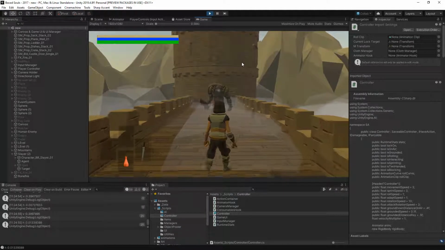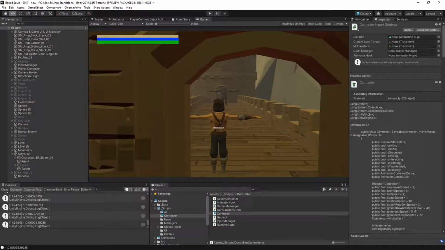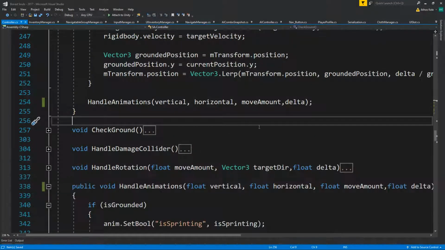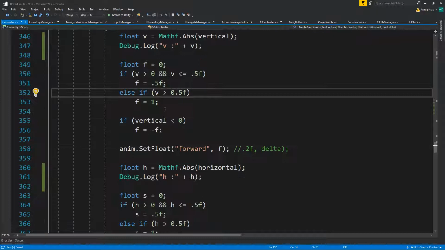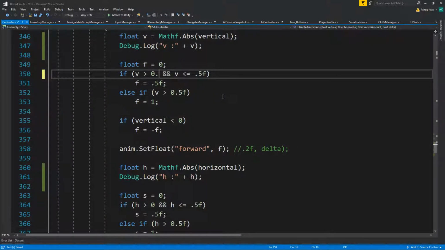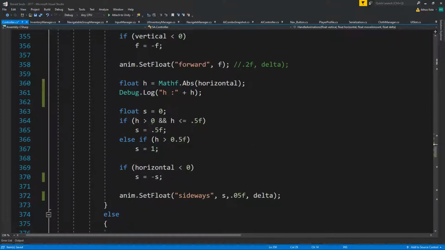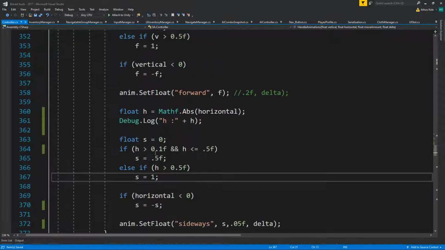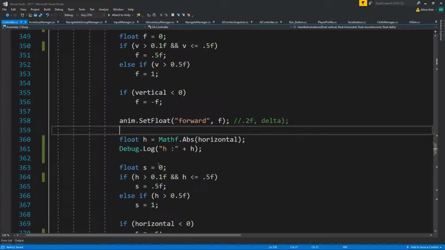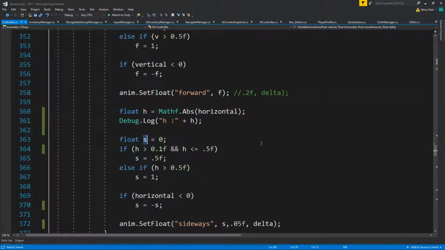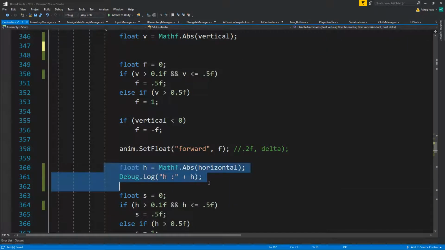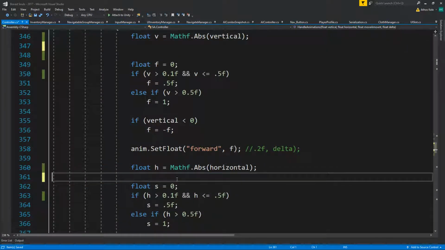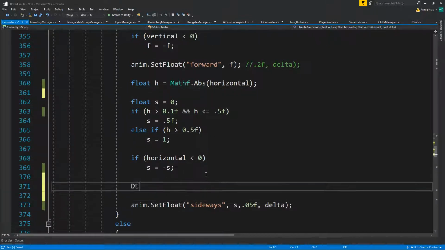Because 0.05 from what I can see actually gets turned into a 0.5. So we should check if it's greater than 1f, and if it is greater than 1f over here, then turn that into 0.5. So if it's lower than 1f, then it will just leave it at 0. Just to test for that, let's put a new debug log in here. We don't really need the, well, we can use the raw values. Okay, we can say debug.log